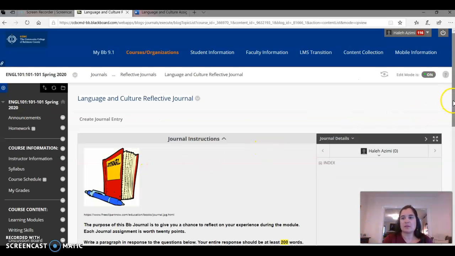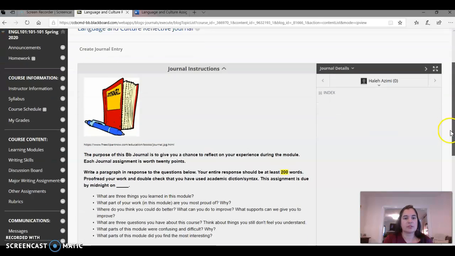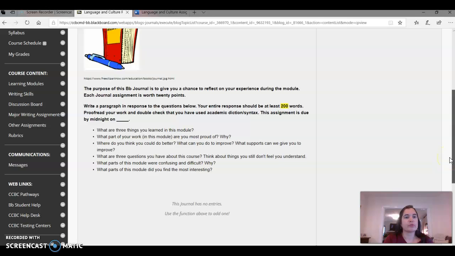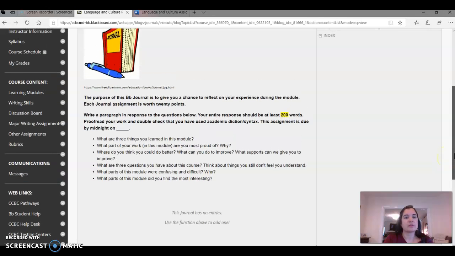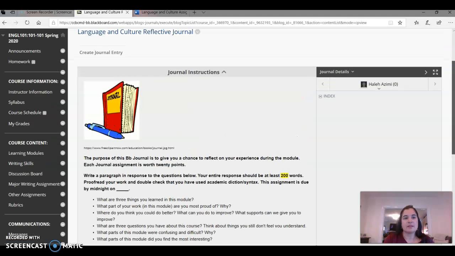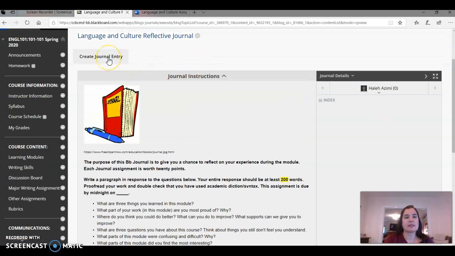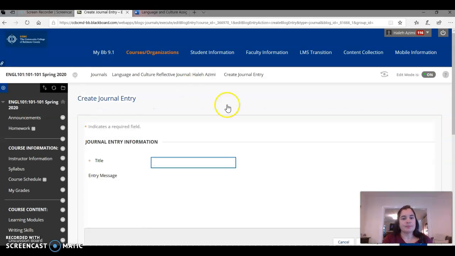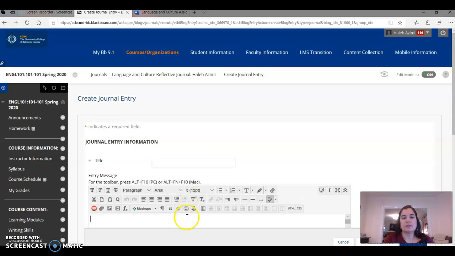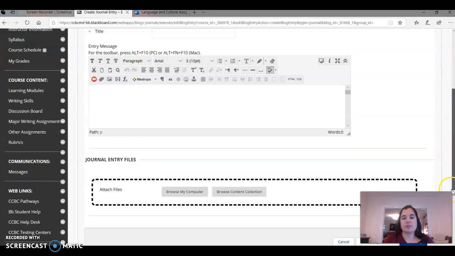And then that language and culture reflective journal has directions. It's very similar to the education reflective journal. So you complete that by clicking on Create Journal Entry. You give your reflective journal a title. You type your reflective journal.